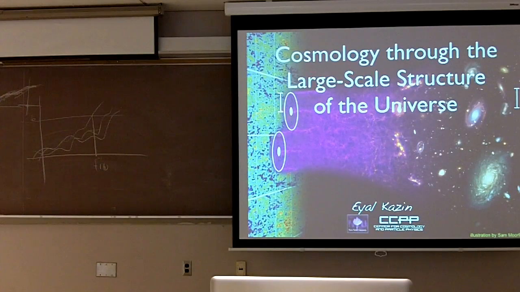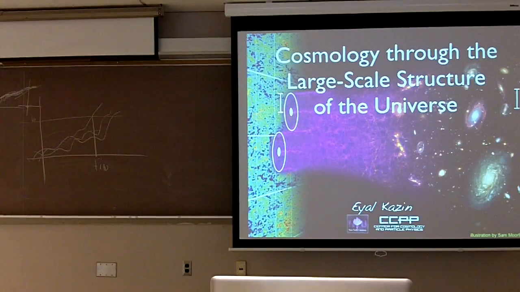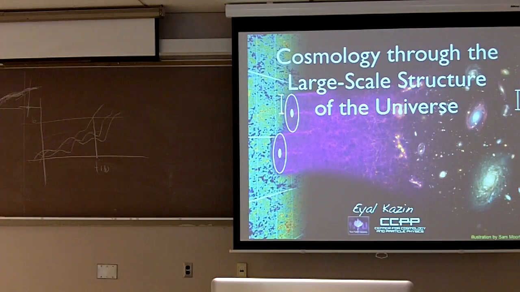So as I promised, my goal was to give a better appreciation of what's going on here, and this is our current understanding of the evolution of the universe from the surface of last scattering. I did talk about what happens before, what generated these hot and cold spots, and basically this is the structure that we see today in the form of dark matter. We don't see dark matter directly, but we use tracers. For example, I use luminous galaxies and use that to infer the geometry of the universe through the expansion. The universe is accelerating, and so we can use this to measure: is this modified gravity or is this dark energy?